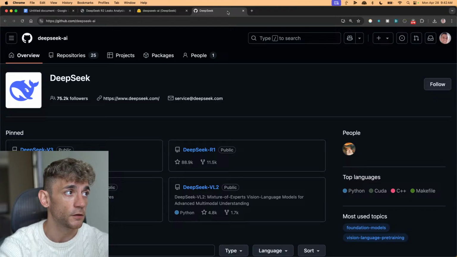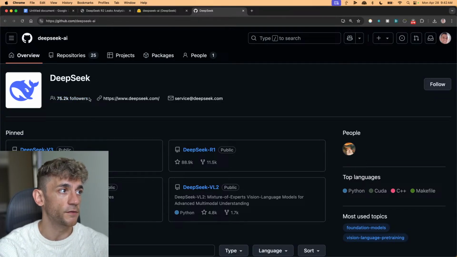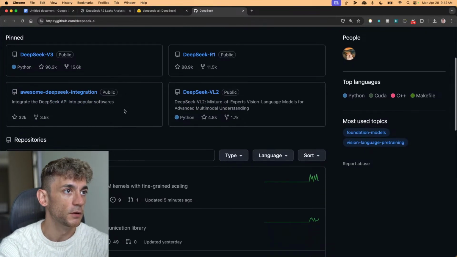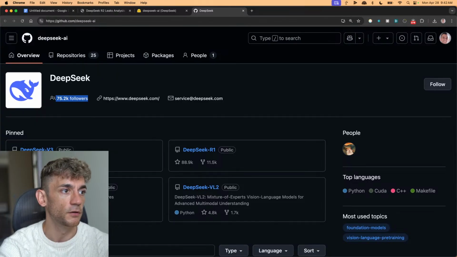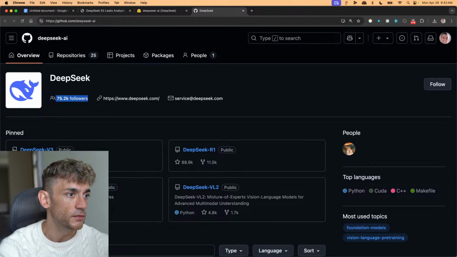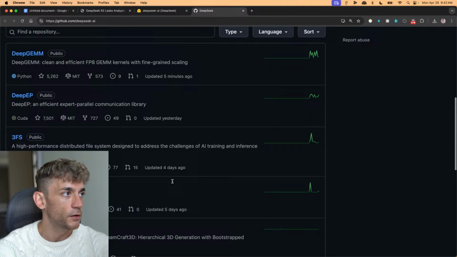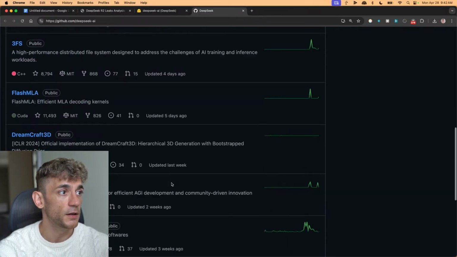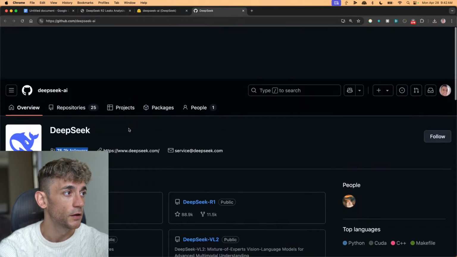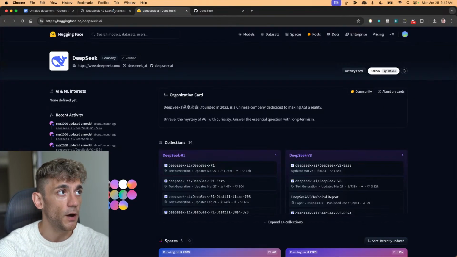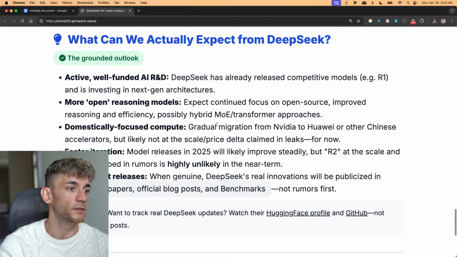So you can go to Hugging Face or you can go to their GitHub, right? They have 75,000 people following it. You can follow it too. And then you can see the latest releases here, including, for example, DeepSeek R1, DeepSeek V3, VL2. They also have DeepSeek 3.124, I think it is, that's just come out this year. So I would monitor those places for the latest news rather than